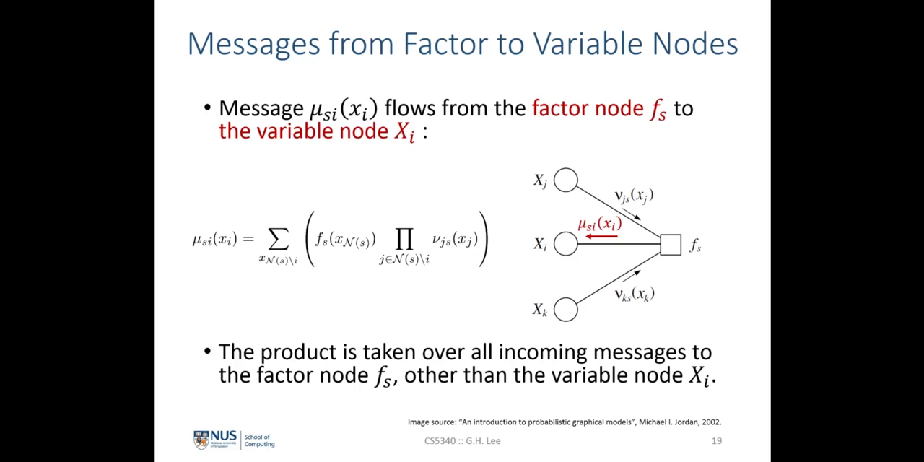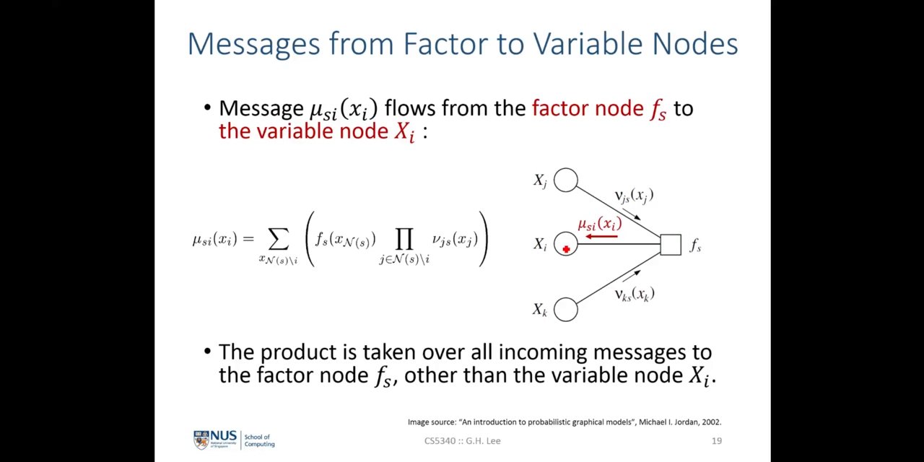Now we define the message from a factor node fs to the random variable node xi as mu_{fs→xi}(xi), and this is defined by the equation shown here. One important thing to note is that since we are passing a message from a factor node into a random variable node xi,